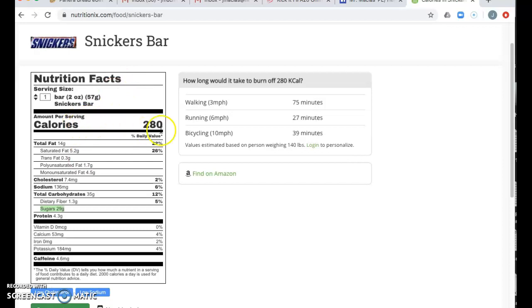Also, let's look at our calorie level. Look how many calories there is on a Snickers bar. 280 calories, almost 300 calories. That means you have to run almost 10 laps on a track to burn a whole Snickers bar. That is a lot of sugar